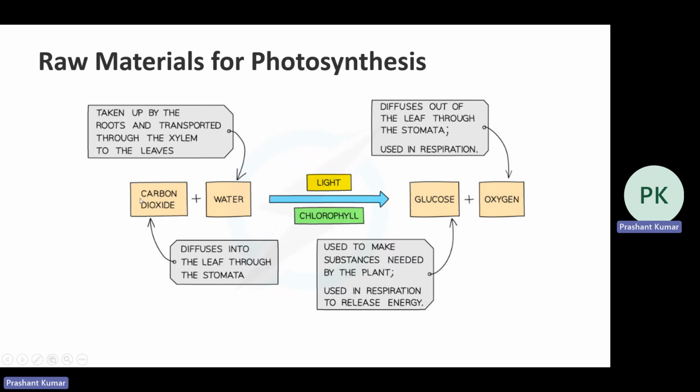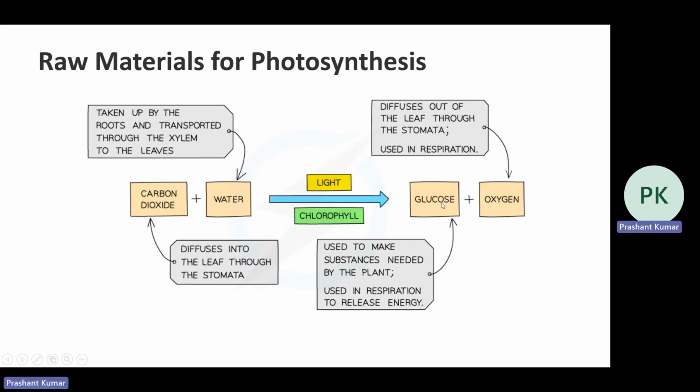Okay, so now we have the main raw materials, carbon dioxide and water. Now we need sunlight. The chlorophyll molecule will trap this energy and it will form glucose. So glucose is produced,